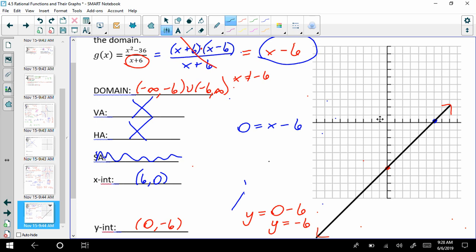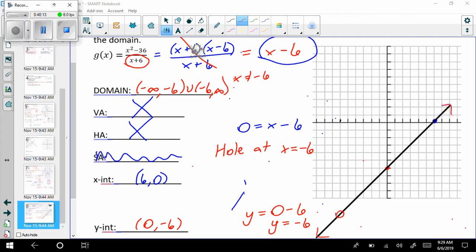So all you have to do is go to where x is negative 6, find where the graph is, and you're going to see a hole in the graph, meaning I threw out that one point, and this would be the completed graph. So again, we would say on this one there is a hole at x equals -6. That's what I canceled out. I know it's kind of tricky, but